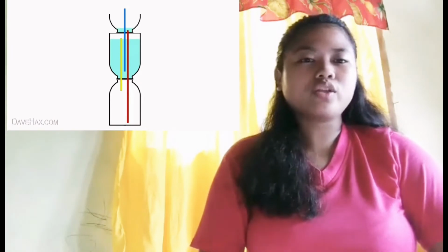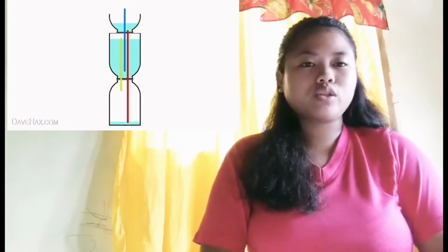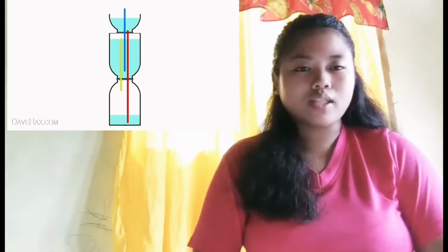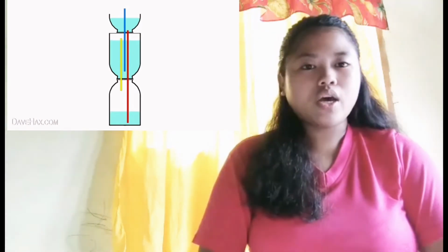Welcome to the post-laboratory part of our vlog. First, I will explain to you how the fountain technically works. So, when we put water into the middle bottle, we pour more into the top bottle, and the water goes through the red straw, down into the bottom bottle, and displaces the air in this bottle through the yellow straw